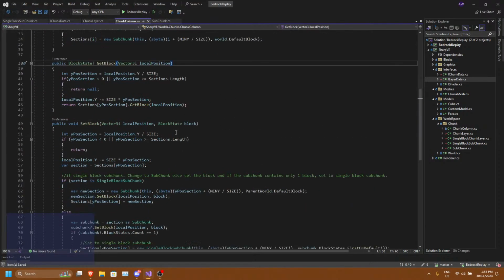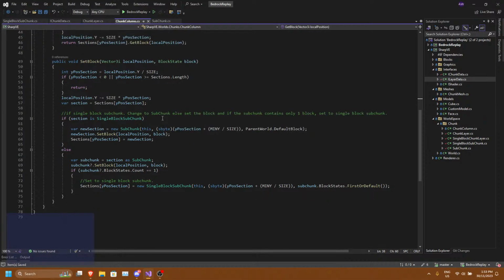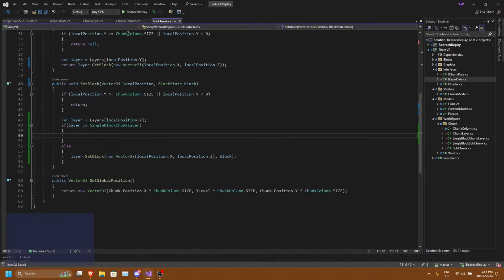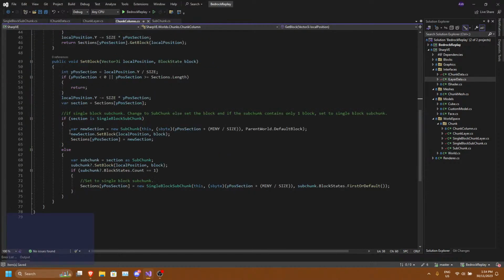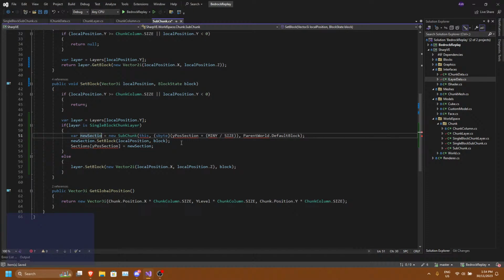We did the same thing here with the chunk column. I'm finally free from RTX. New chunk layer.